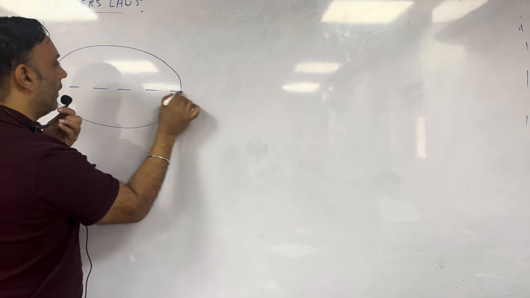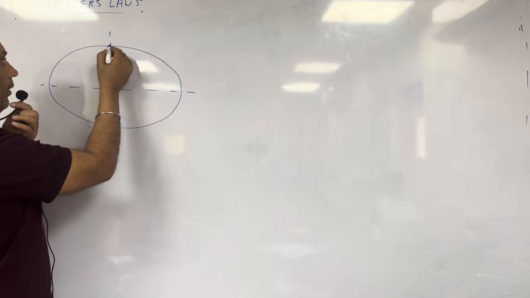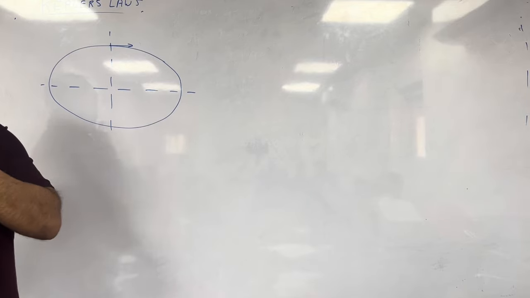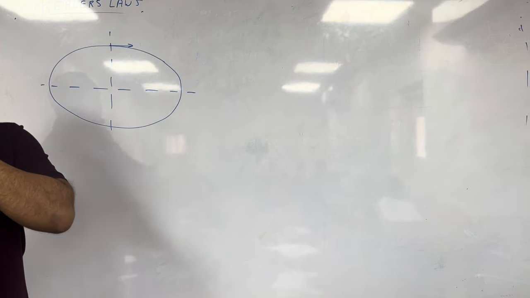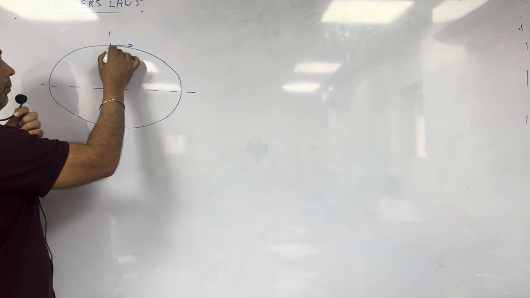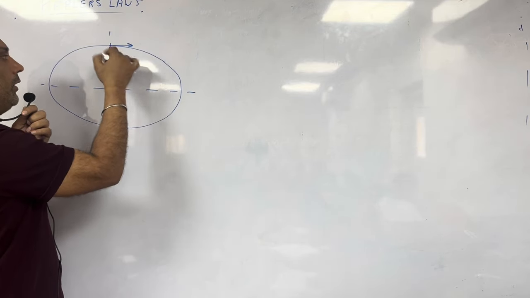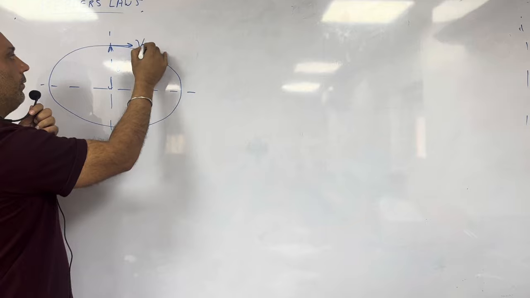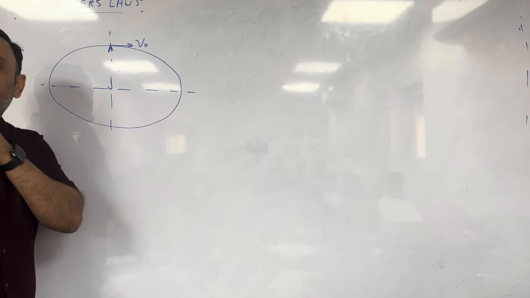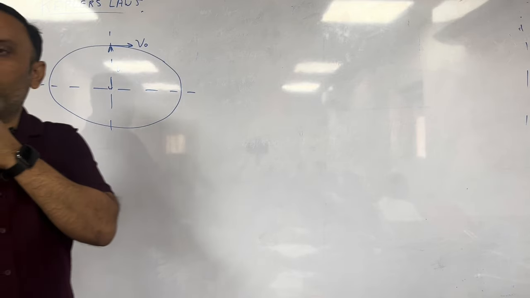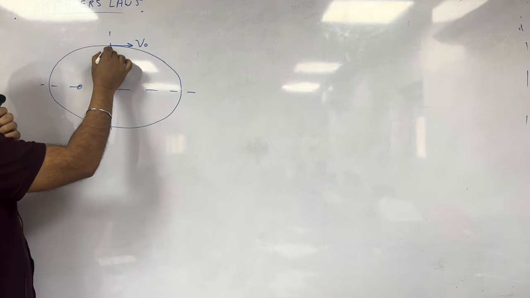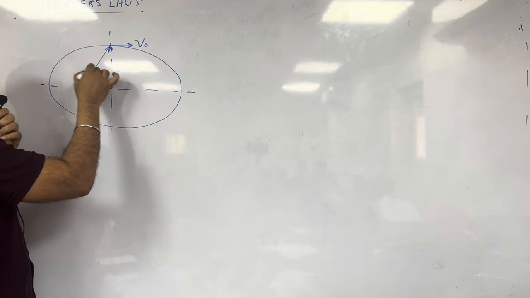Yes, dear students, the next point was velocity at the end point of the semi-minor axis. This is also a very important piece of information. So at the minor axis point here, what is the velocity? That velocity is V naught. This velocity V naught we can find, and by that we are going to make a very important point. Suppose that is the sun here, and this length is A.